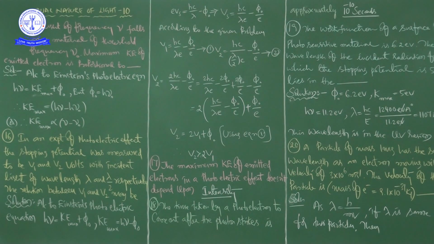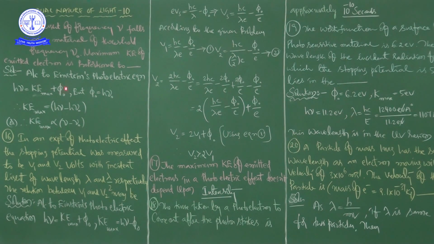In continuation to the last class, in this class we start with the 15th problem. First you see the problem, then we will go for the solution. In this chapter, dual nature of light, it is the 15th problem from the numerical point of view. Light of frequency nu falls on a material of threshold frequency nu naught. Maximum kinetic energy of emitted electron is proportional to